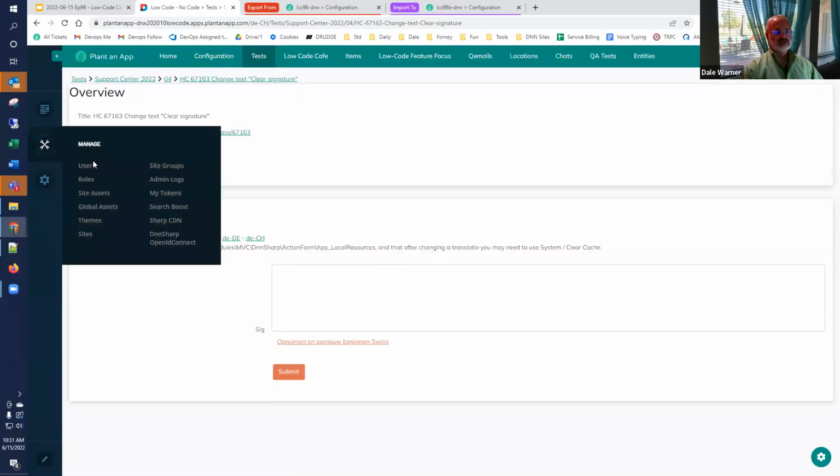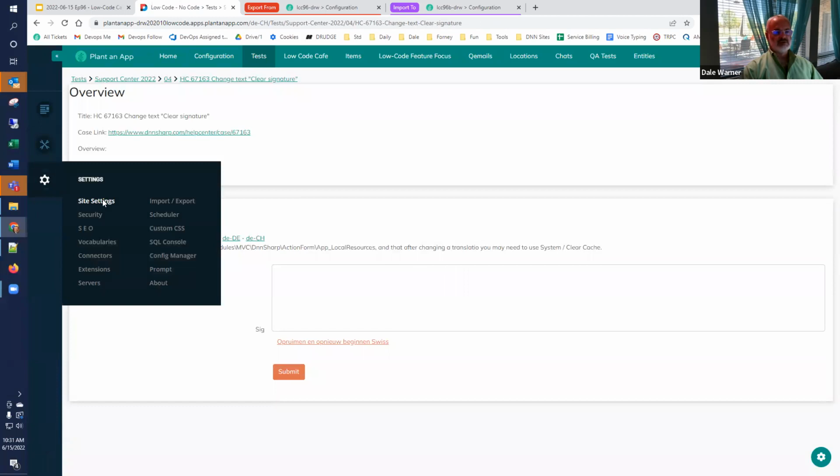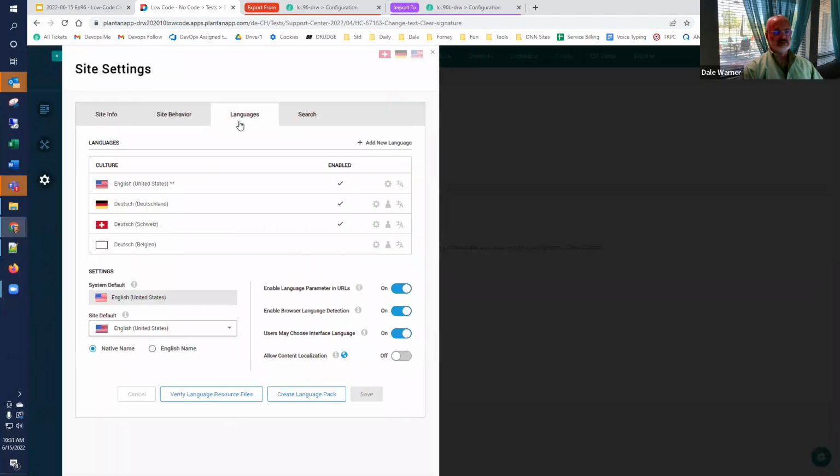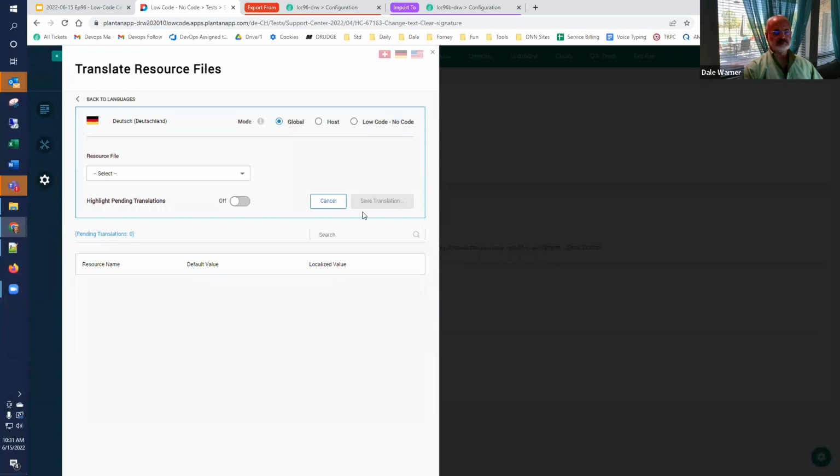But localization happens under the site settings, languages, and you can pick a language. I'm going to pick this Dutch and do the translation icon. And now you have to pick the resource file. This is the one where you got to know where it is. And so in this case, it's local resources, desktop modules,